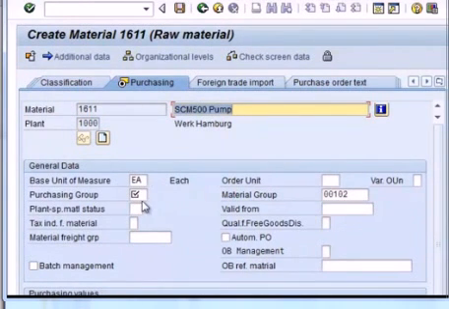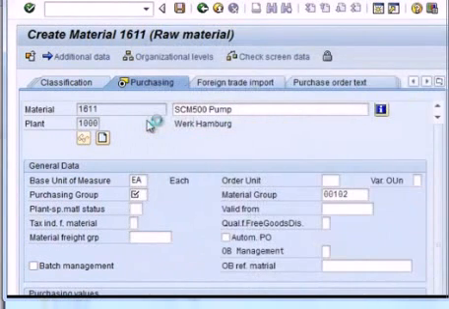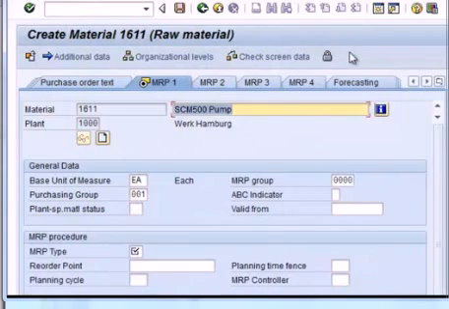On the purchasing view, you need to give the purchasing group. You can select from the drop down. Select any one of them and then click on the MRP view. You can give NB, which is for no planning,